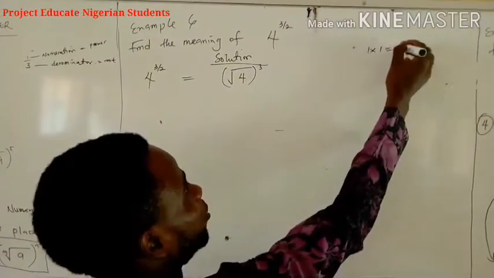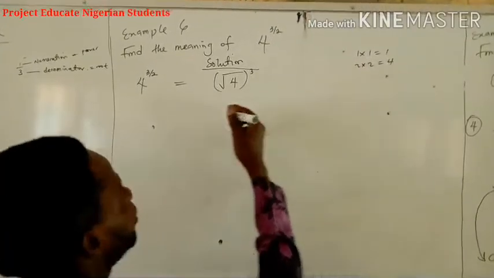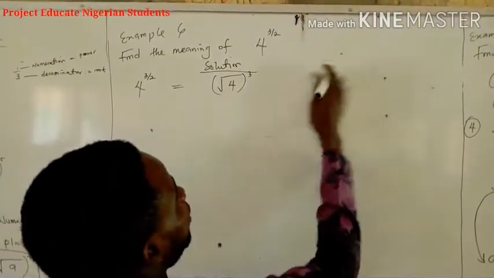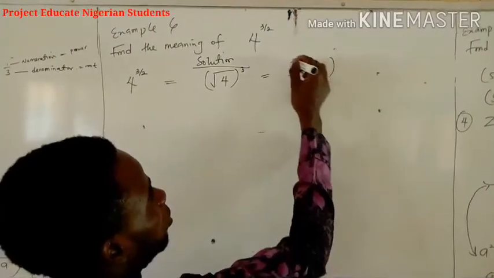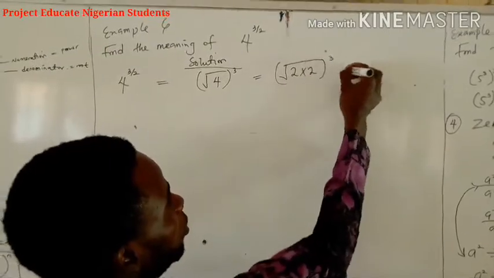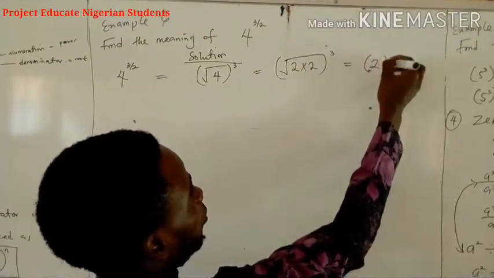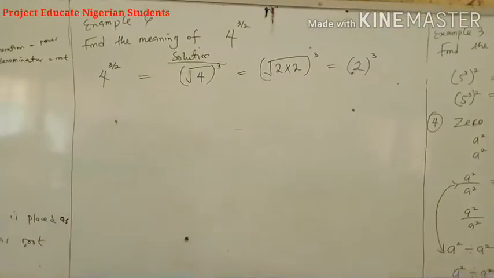1 times 1 is 1, 2 times 2 is 4. I think 2 should be the answer. So what we should put here is the square root of 2 times 2 raised to the power of 3. So this is 2 raised to the power of 3. Okay, now 2 raised to the power of 3